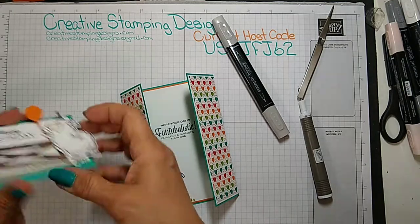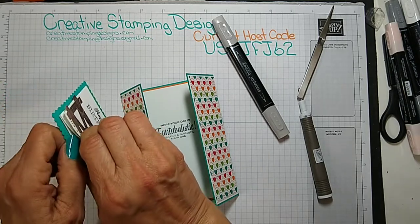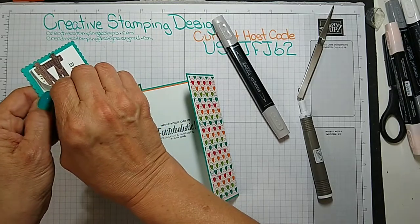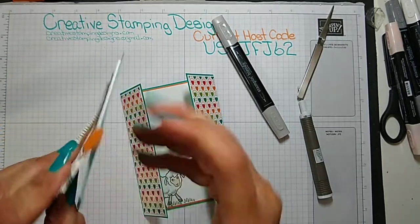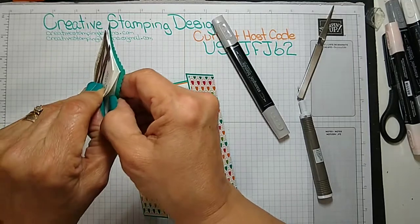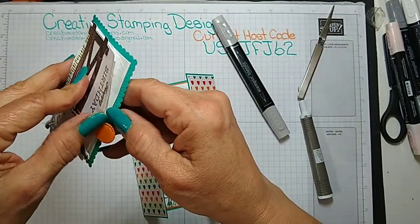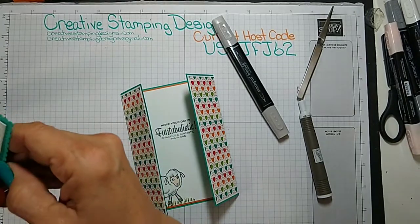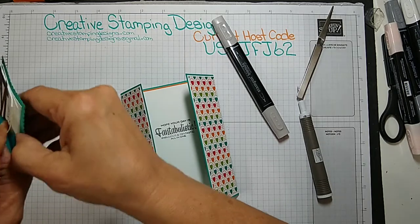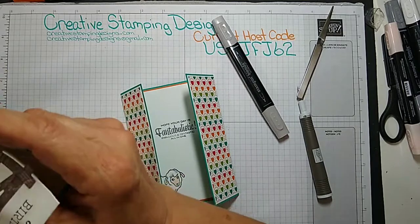I don't want to have to redo this whole thing. Snip it off? Okay. I'm going to snip it off though. Where am I snipping? Because there's no dimensionals other than my sheep. I just want to get my artwork part off. Let me get that off and then